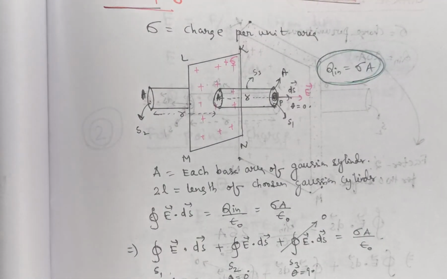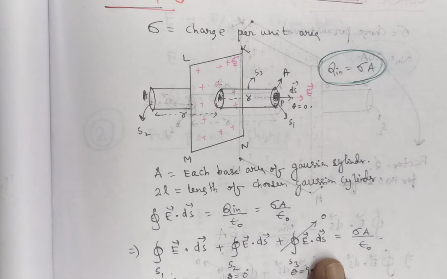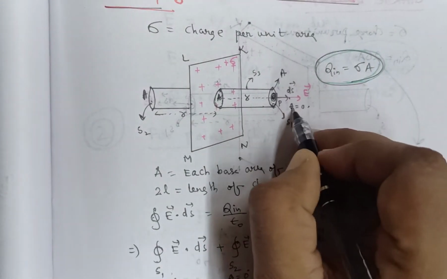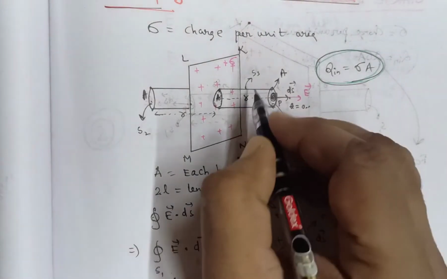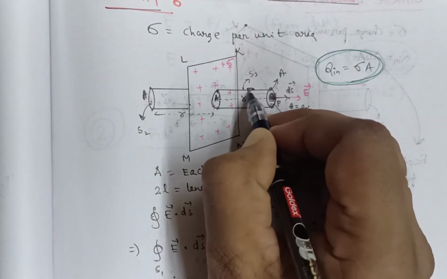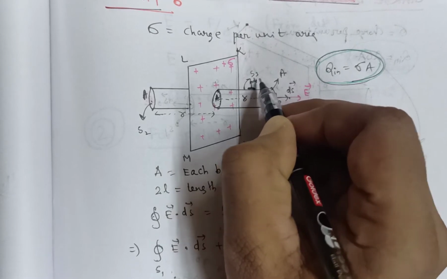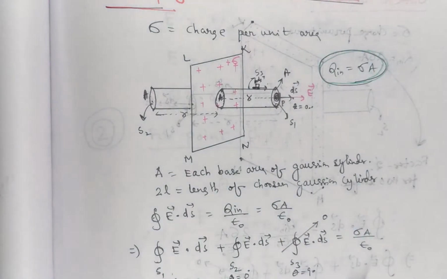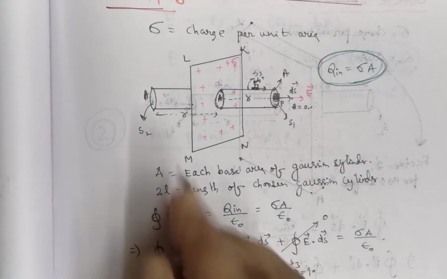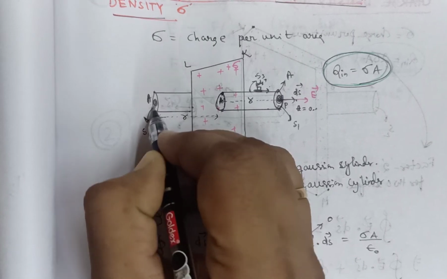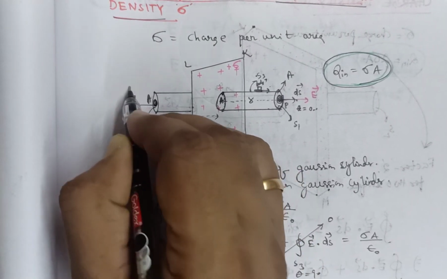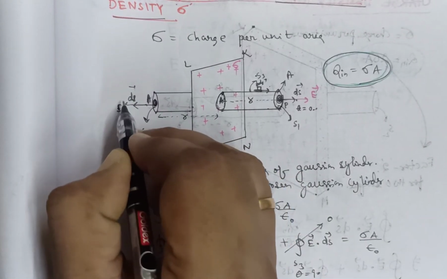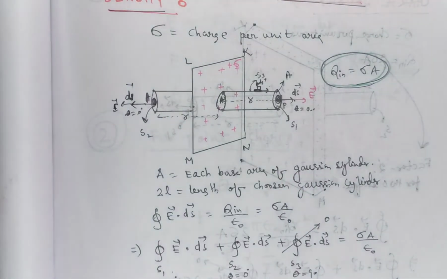Here also there are three surfaces S1, S2 and S3. Before going to derivation, let us see. For S1, the angle theta between the E vector and the ds vector is equal to 0. If you take S3, then you have to choose the ds vector here and the intensity vector is here, so theta is 90 degrees. For surface S3, theta is 90 degrees. For this other surface, the surface element is here, the surface vector is here towards the left. As it is positive charge, it will diverge outward. So here also theta is equal to 0 degrees.